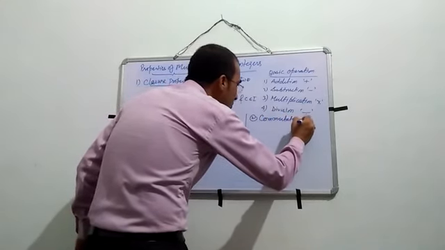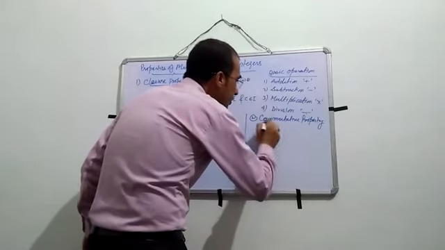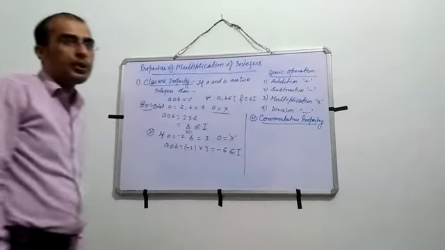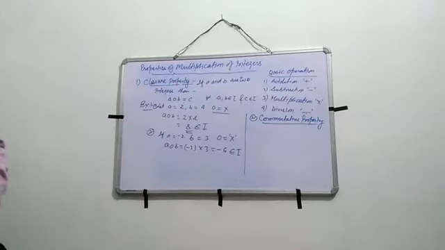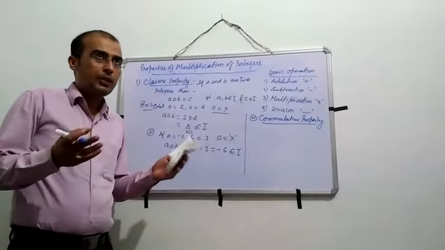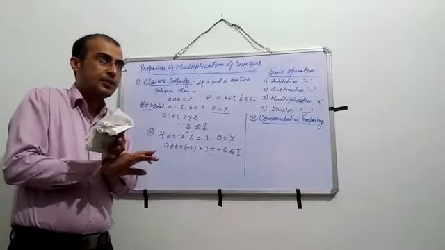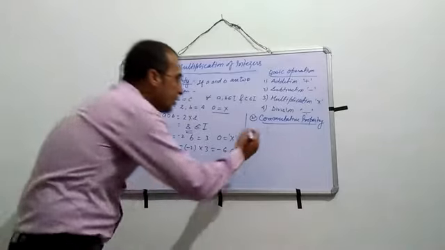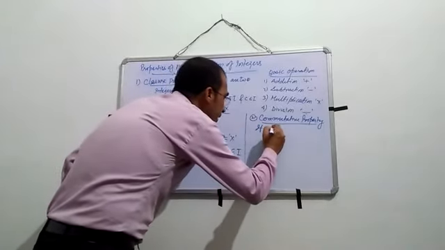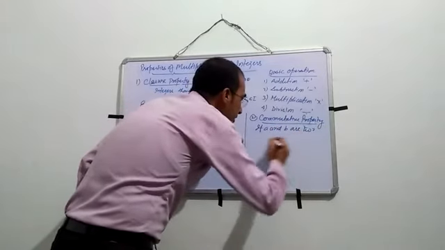Commutative property. What is commutative property? If you multiply two integers, we can change the integers, which means we can change the order. It means that if a and b are two integers,